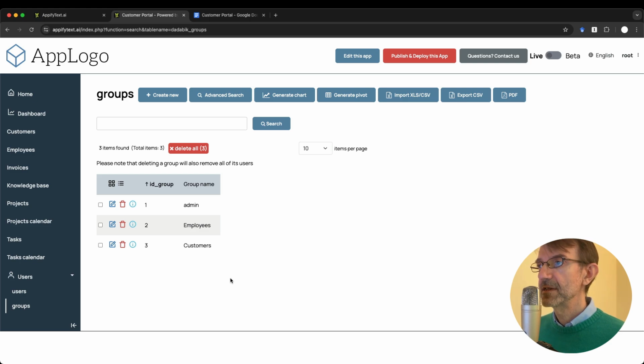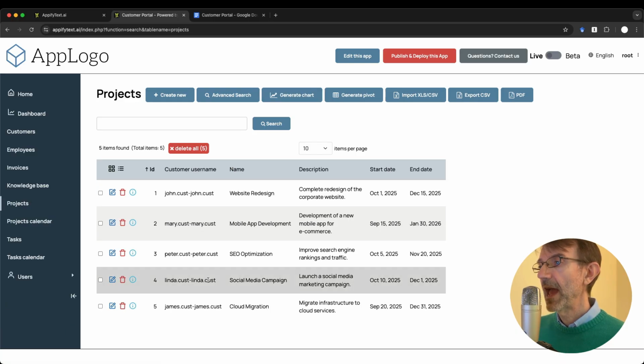So this is the application, the draft of the application we have created. As you can see, we have already some data here. This is just example of data considering our use case. So we said we are a digital agency, so the kind of projects we have are website redesign, mobile app development, and so on and so forth. All right, and the application is again ready to be used, multi-language, multi-users,